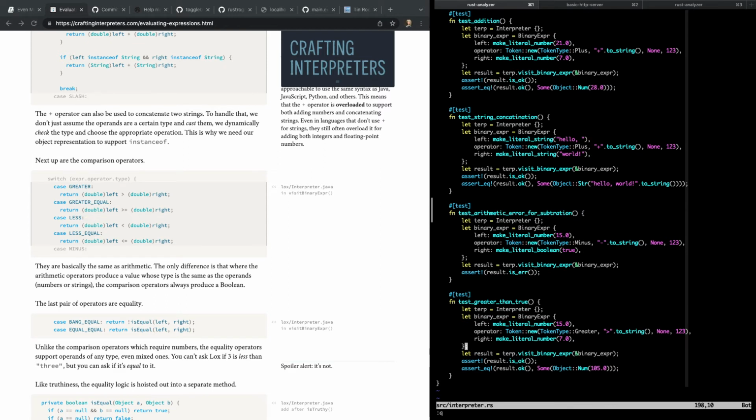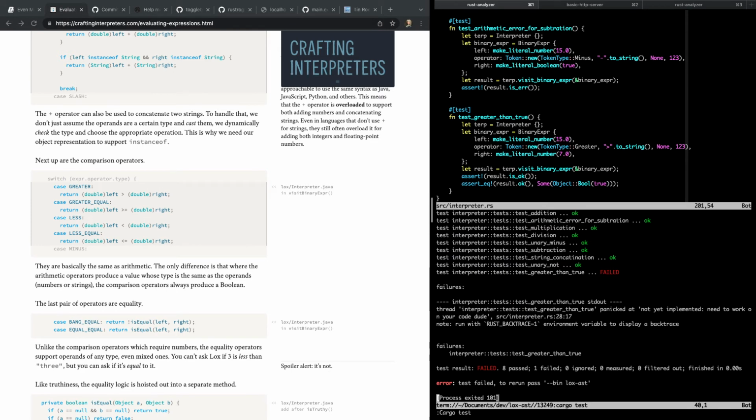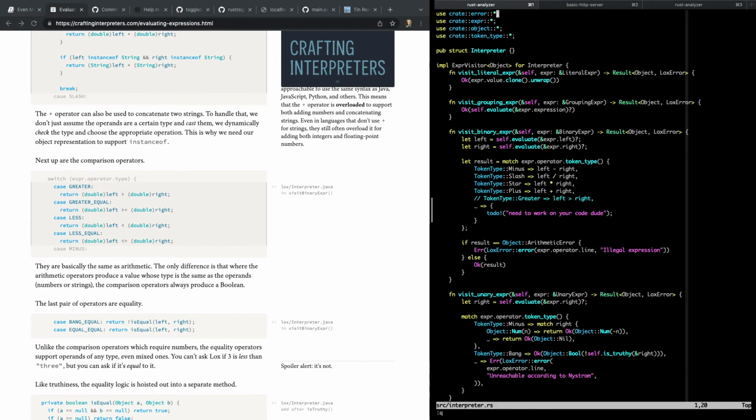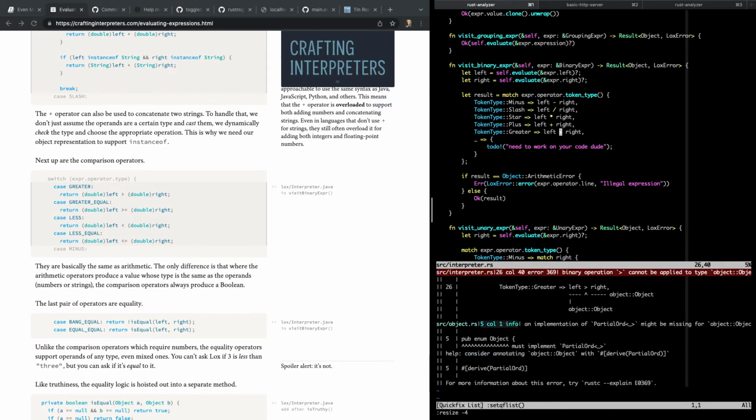Right, because greater than doesn't exist yet. But we have to change this to object bool true. Yeah, there must have been an extra bracket somewhere along the way. Okay, so then we can remove that code. And that fails because we haven't written partial ord. Okay, so this is where we write the next